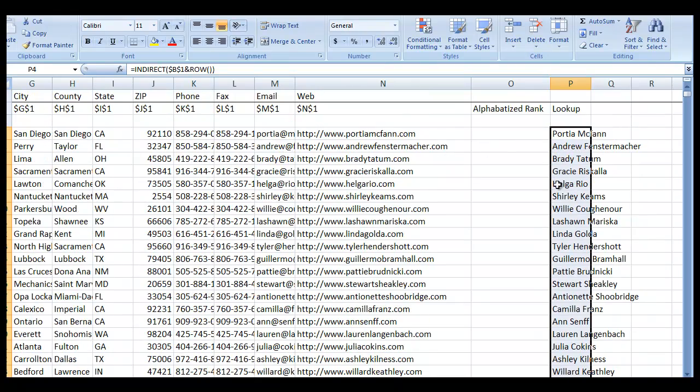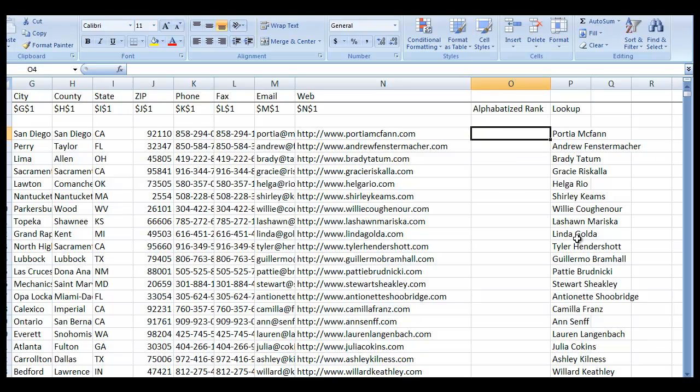Okay, so now that we have our lookup, we're going to create our alphabetizing function, and that is going to use a COUNTIF. So if we go equals 1 plus, and I'll tell you why we have that 1 plus in a little bit. We go COUNTIF. Our range is going to be here to P1004, and we can actually go ahead and make those an absolute range. And our criteria, and this is where it gets interesting, is going to be less than